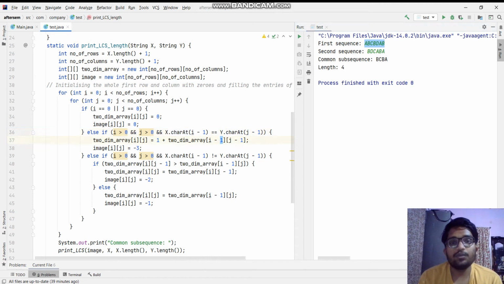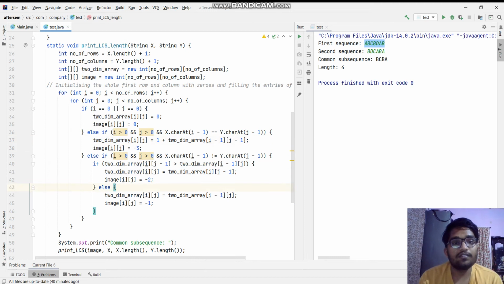If that equals the character at the corresponding position in the second string, meaning the two characters are the same, then that particular entry in the two-dimensional array equals 1 plus the entry at i minus 1, j minus 1, where i minus 1 denotes the immediate previous row, and j minus 1 denotes the immediate previous column. So we are adding 1 to that data and filling this entry, that is the two-dimensional array at i and j.